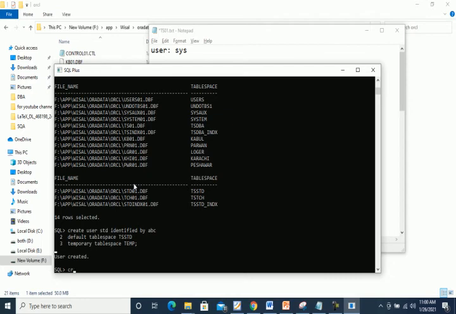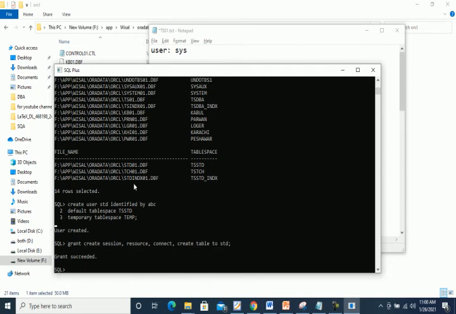So grant create session, resource, connect, create table to std. Grant succeeded.